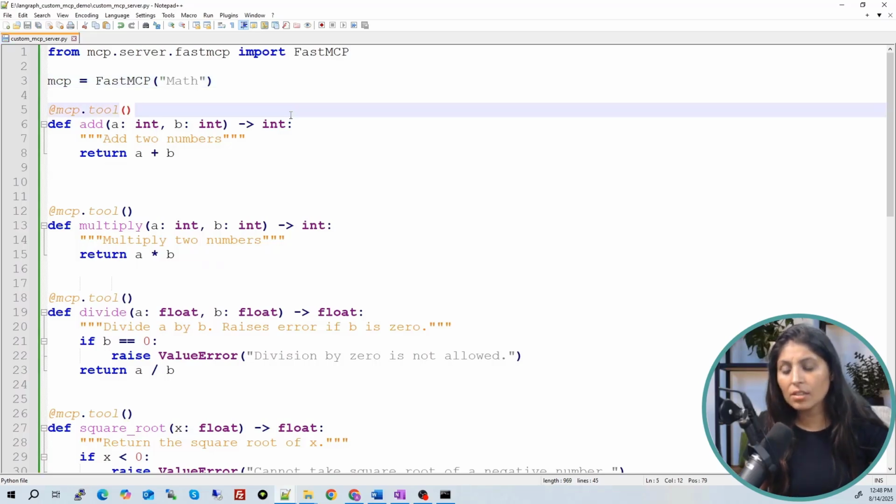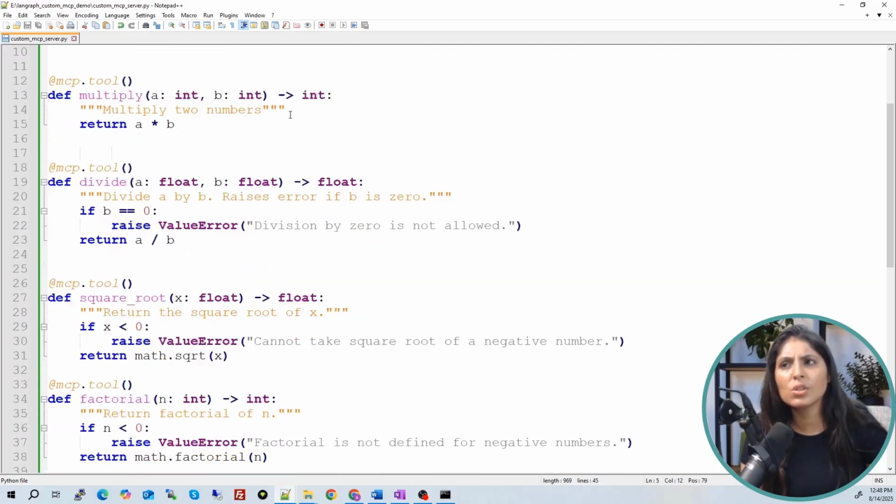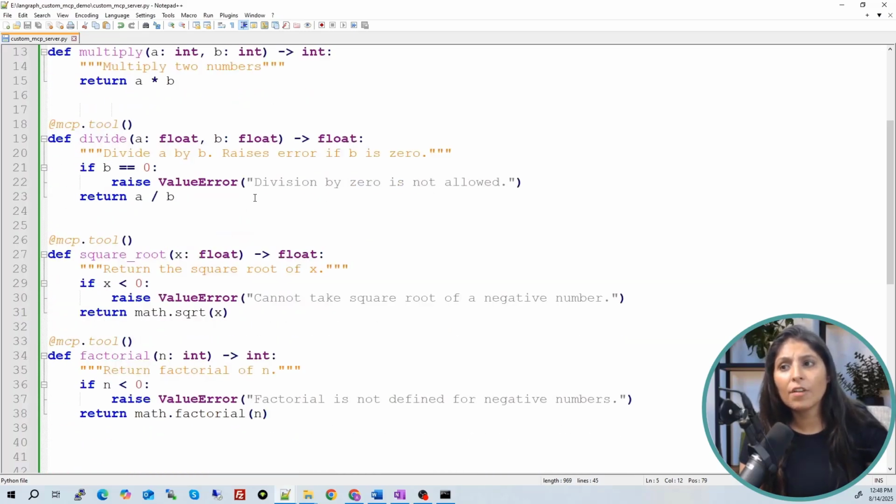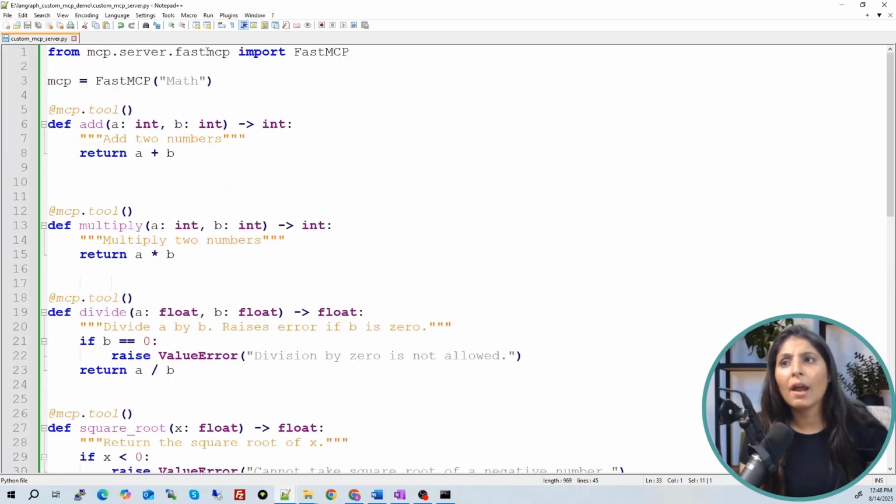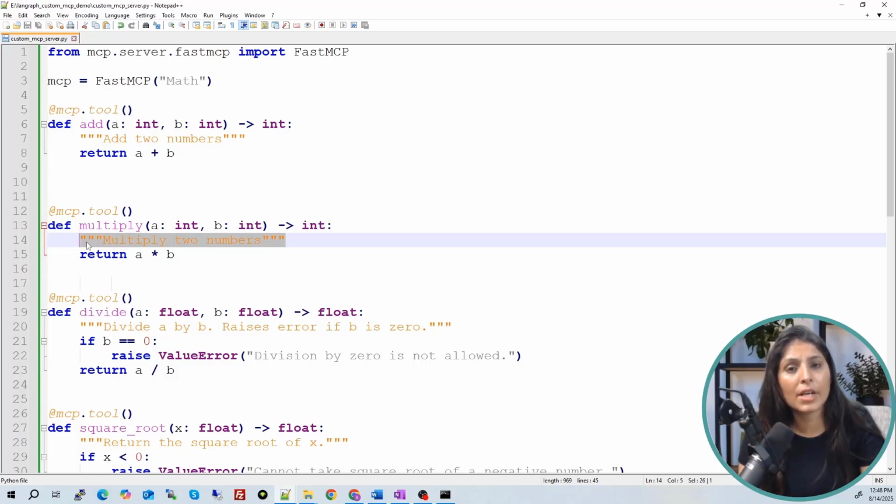So guys, that's it. This is how you create MCP servers. See, so simple. We are just writing the Python functions, and to make them tools, we are writing a decorator on the top of them. And this is how you provide a name to it. The description of every function we have provided over here, right? So our custom MCP server is ready.